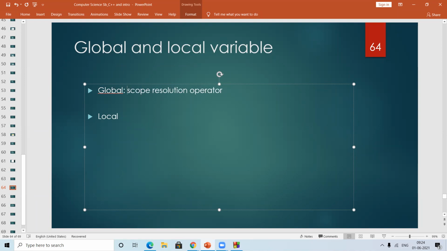Global means when you first initialize that variable before the program starts, it will be as it is. It's not like you need to initialize the variable, declare the variable, etc. But if you are accessing it, then you need to put the scope resolution operator. So this will reduce your programming, it will reduce your lines, it will reduce your time complexity too. That's why the global concept is there.